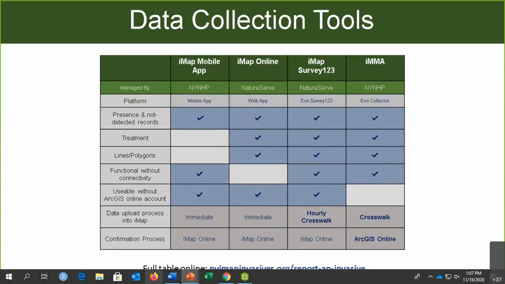All right, so, noticing a little bit is cut off on the bottom, but you can find this table at nyimappinvasives.org/reportandinvasive. So this is a table that outlines the data collection tools that are available to iMap users. Rather than go through every row right now, I'm going to try to illustrate this with a